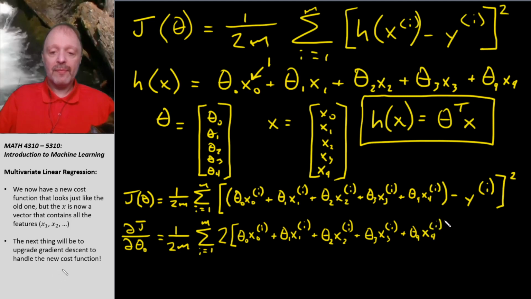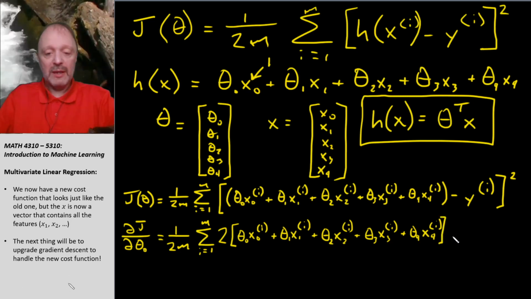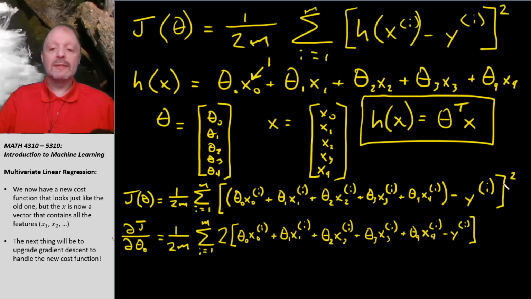Okay, so this right here, oops, I forgot my minus y i. Can't do that. Kind of need that. It won't work without it. All right, so minus y i, bracket. So the derivative is going to be 2 times all of this, and then we'll subtract 1 from the